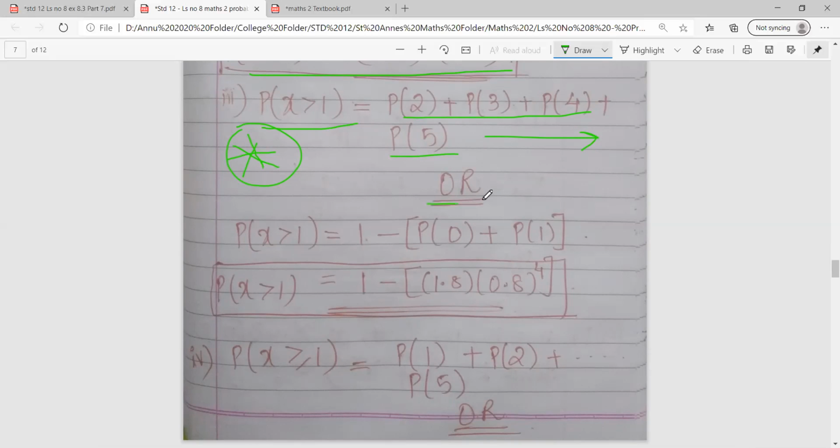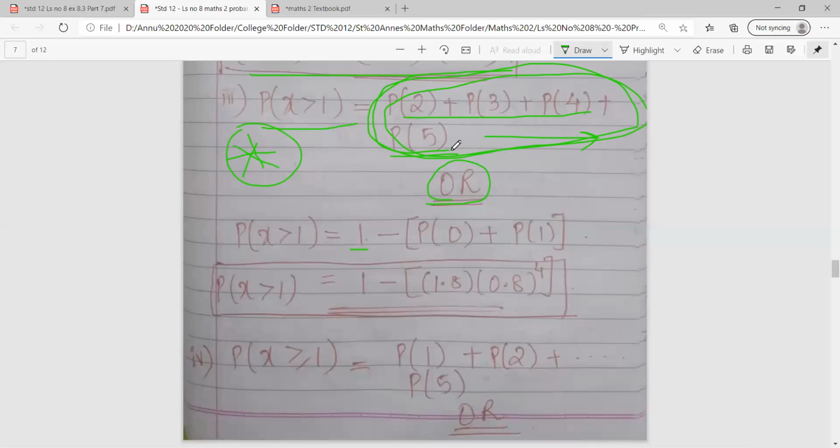So in this case, there is one shortcut option. Now what is the shortcut option? Now you know class, the total of probability equals 1, correct? Also you must have studied the sets lesson. That is A complement is equal to universal set minus set A, which gives you A complement, correct? So this is as good as that only. So the shortcut says from the universal set, subtract all those elements which are not included over here, correct? Greater than 1, what all things you wrote? 2 plus 3 plus 4 plus 5. What all things are not included in this?